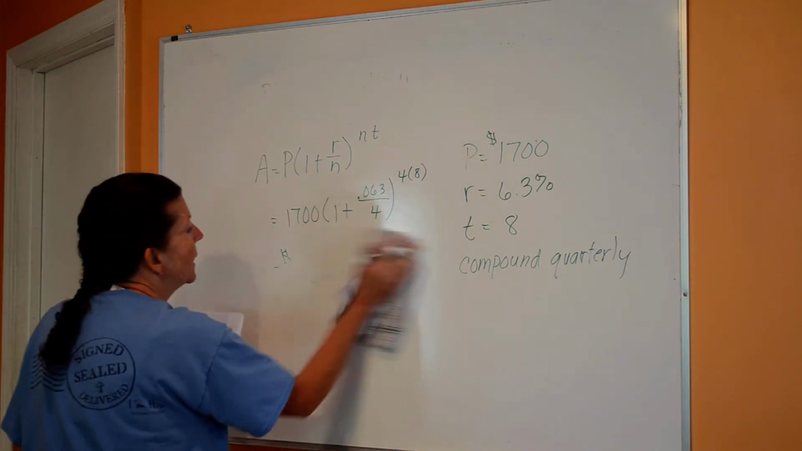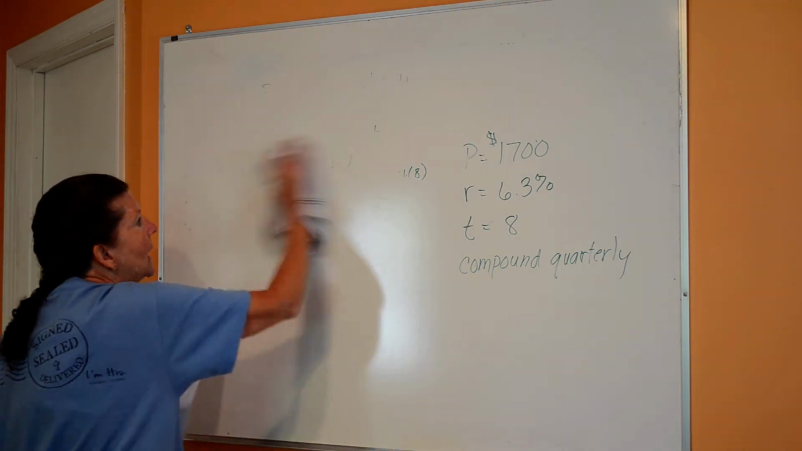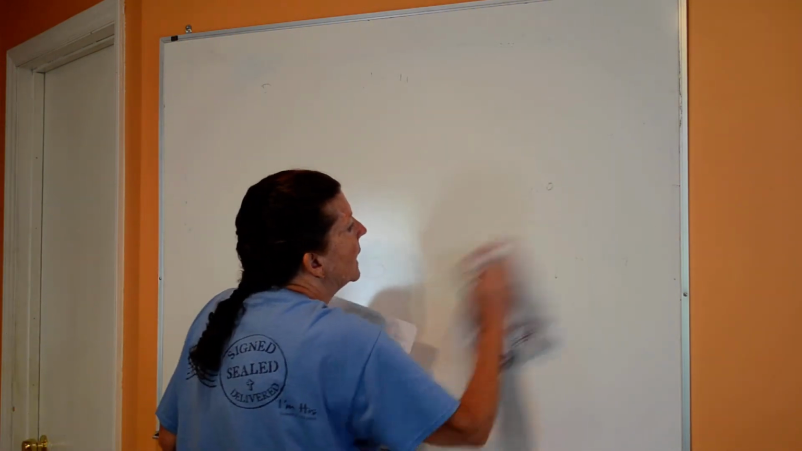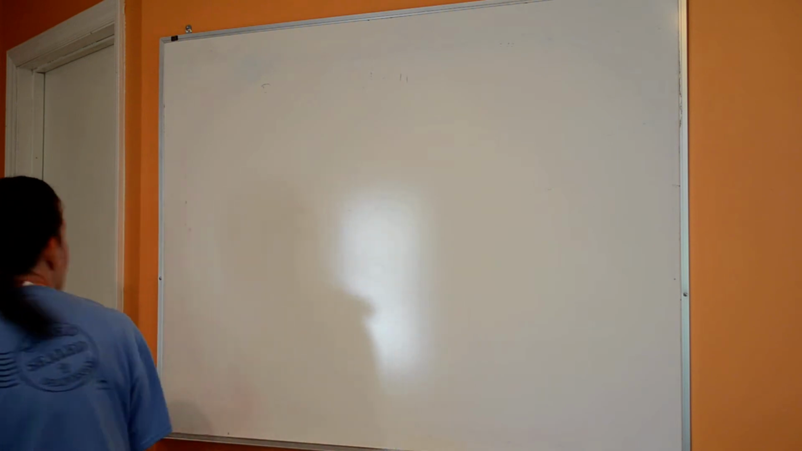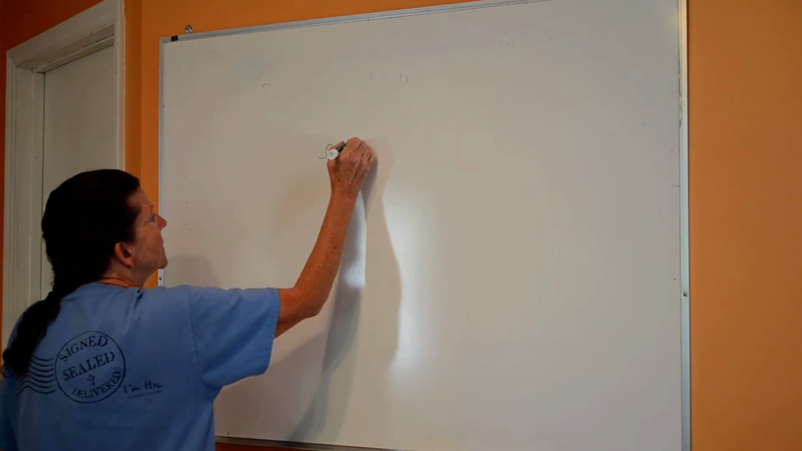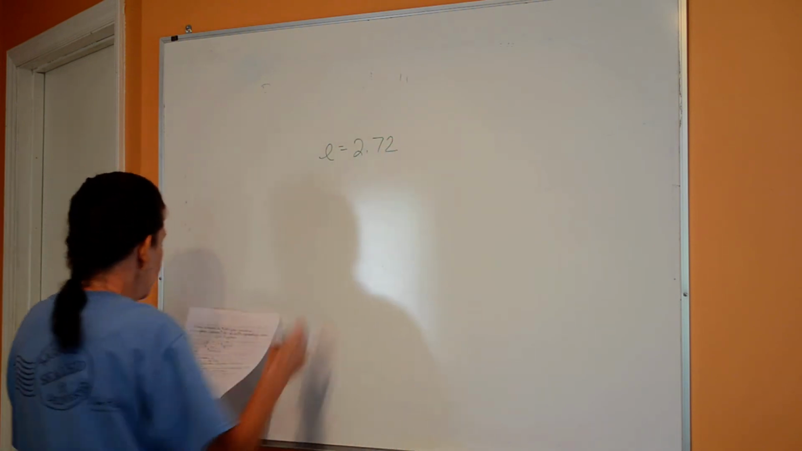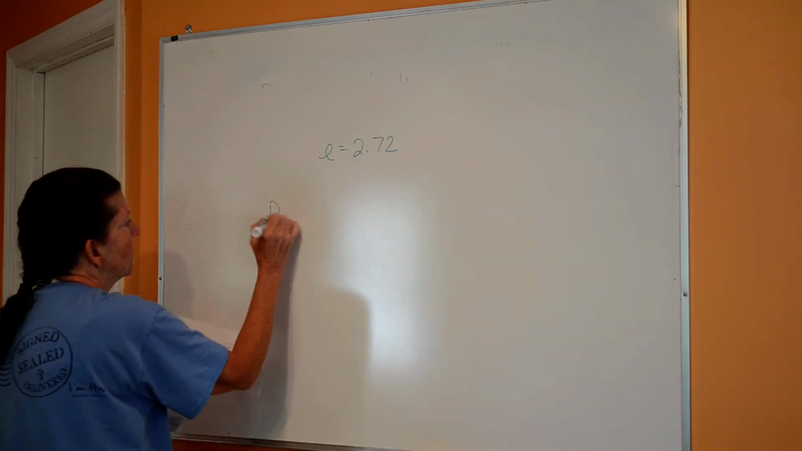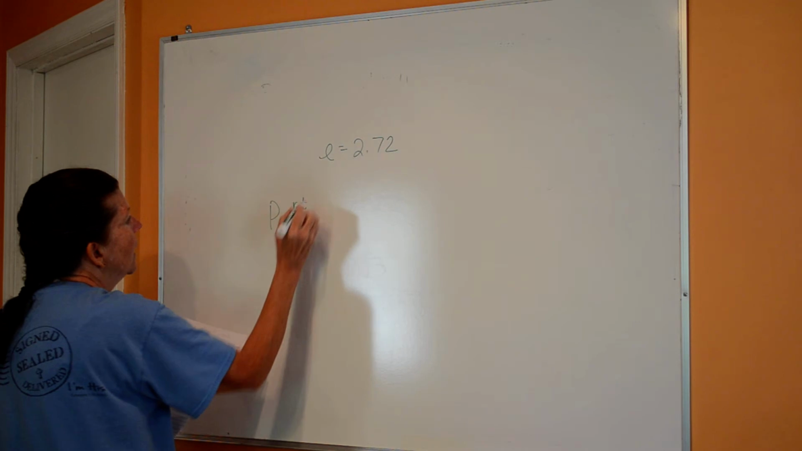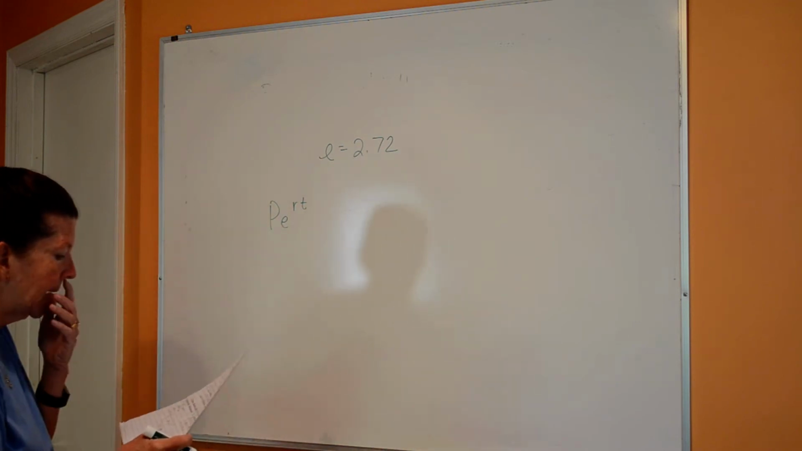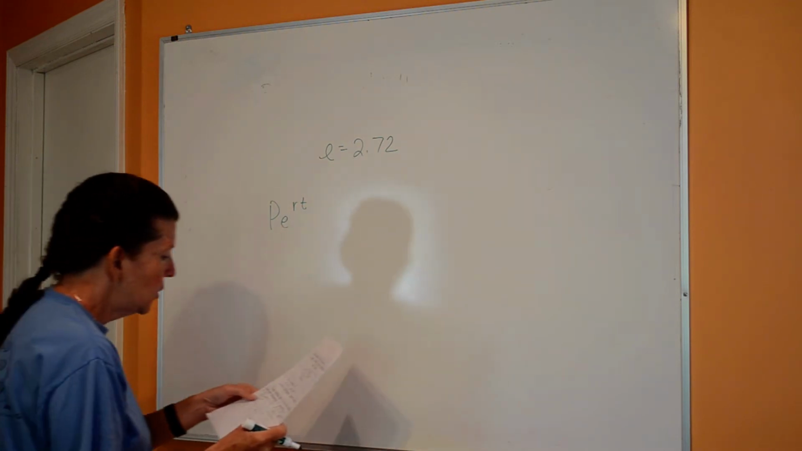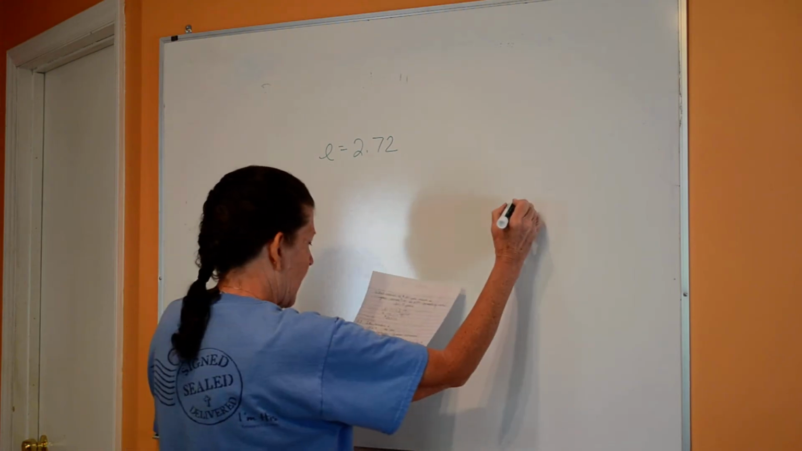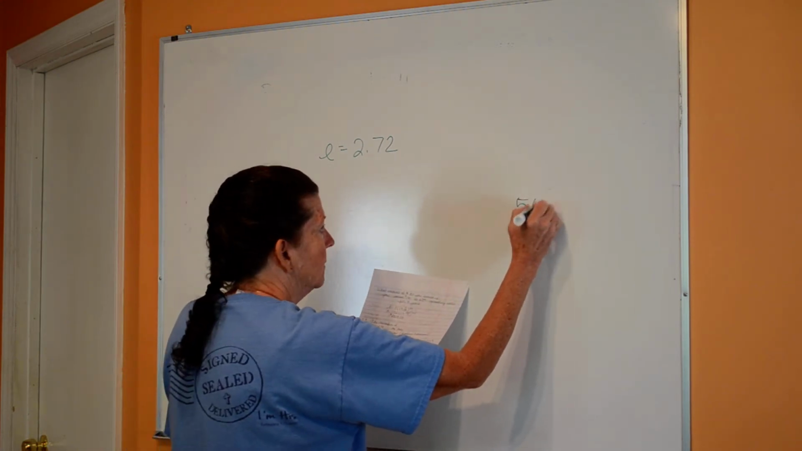All right, that was section 11.2. Section 11.3, we began to talk about the number E. Remember, E is on your calculator, and it's equal to 2.72, and it is used in things like the PERT formula. An example of this would be you are going to invest $5,000